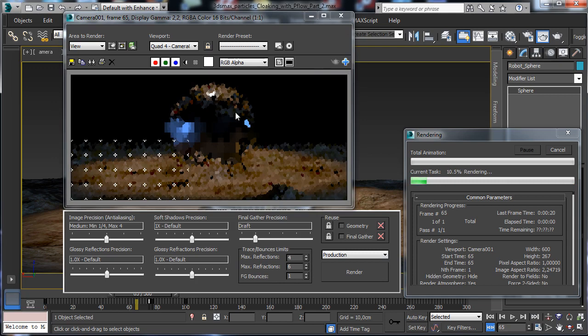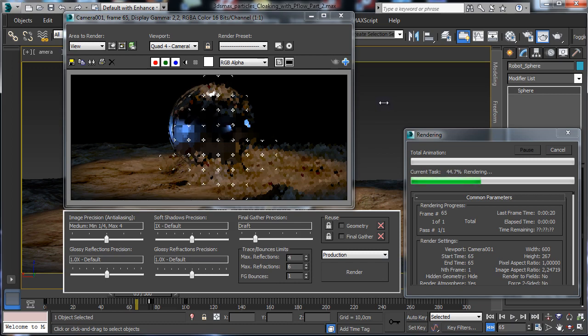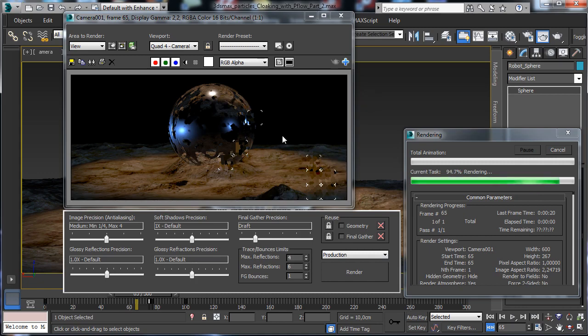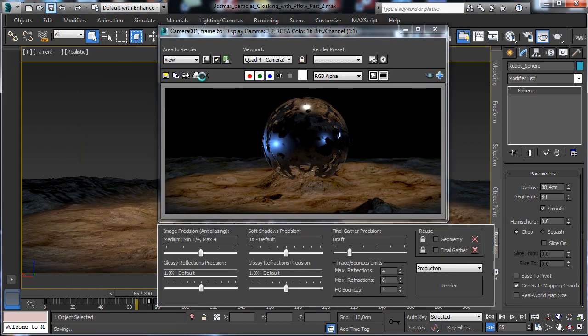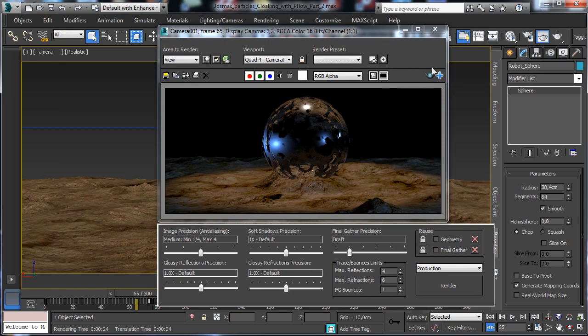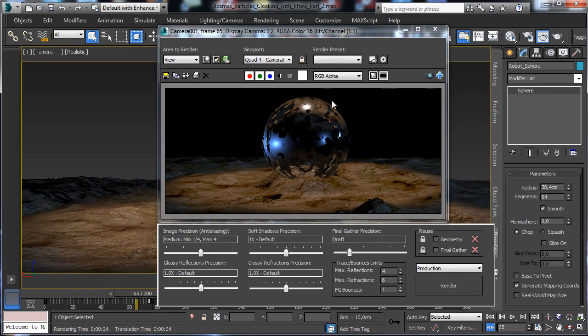You see that the sphere is starting to be more visible, and we are near to have the complete visibility of the sphere. So that's really nice. So let's say we have this part of the animation ready, so we can render